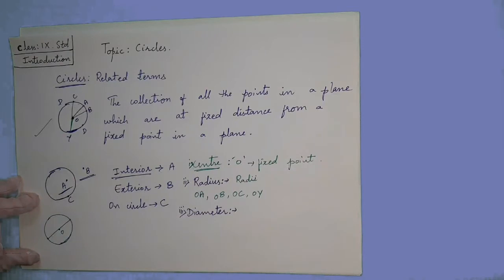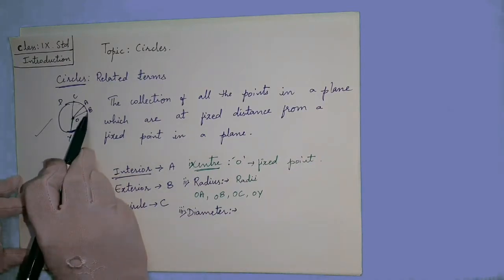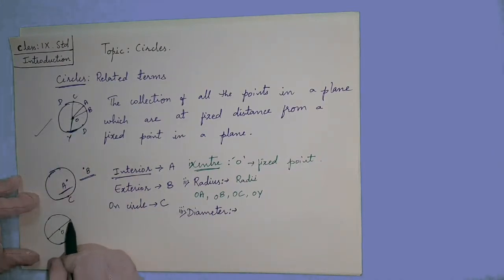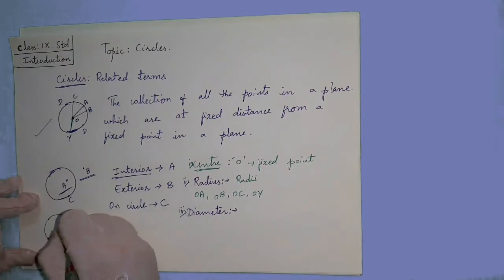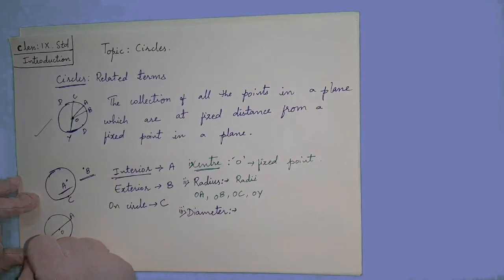here in the radius में क्या था, सेंटर से आपको एक पॉइंट को ज्वाइन करना था. यहाँ पे अगर आप सेंटर से दो अपोजिट पॉइंट्स को ज्वाइन कर रहे हो which are passing through the center, then that line is called as the diameter. So in this third figure, we can say AB is a diameter.